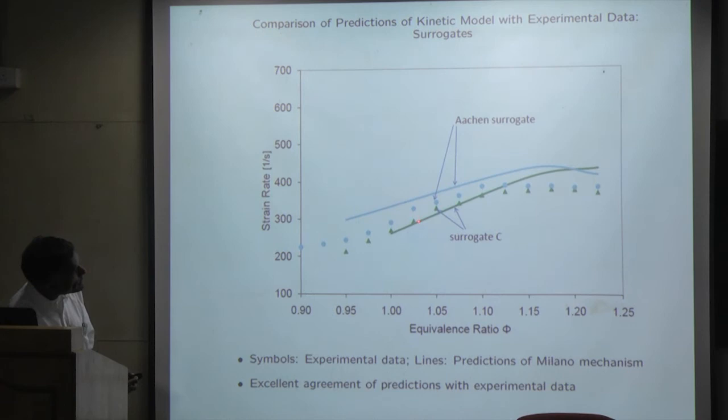Okay, so I'm just comparing. Yeah, these symbols are the experimental data. So those are the experiments over here. And the green is the numerical prediction